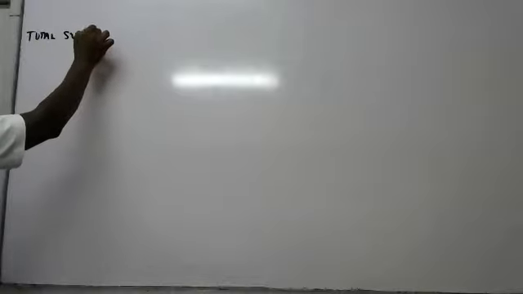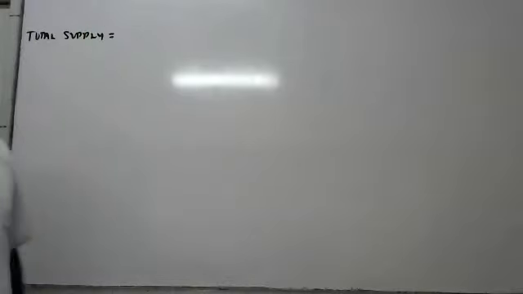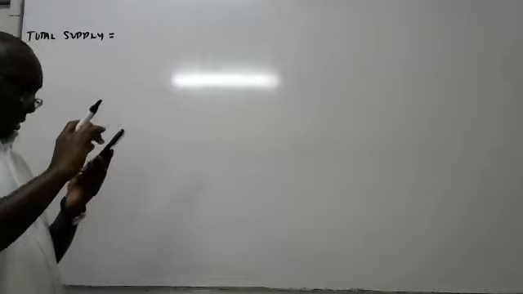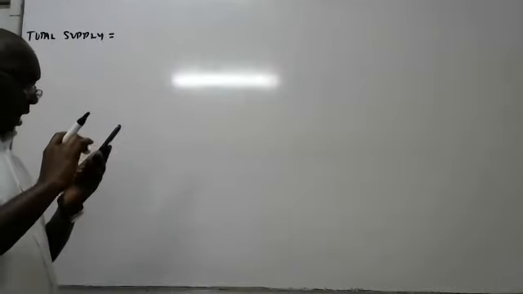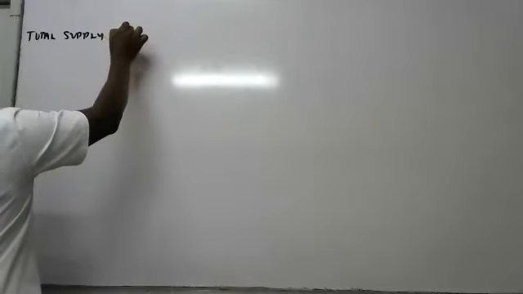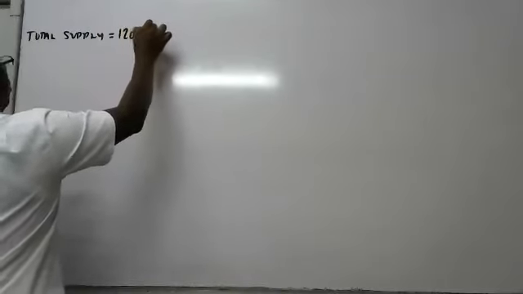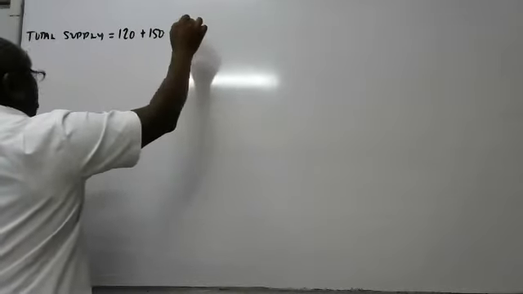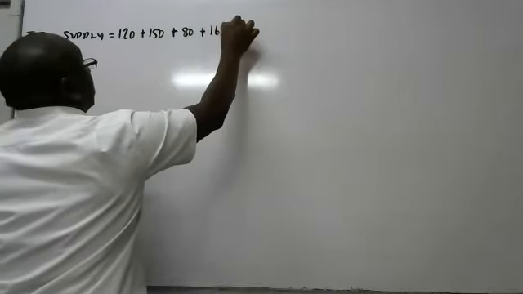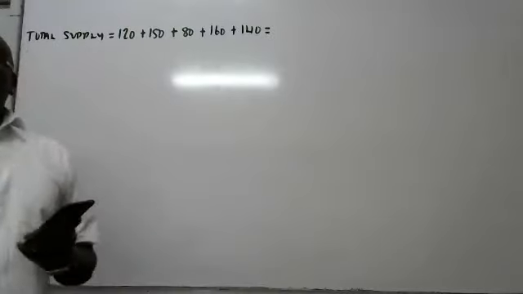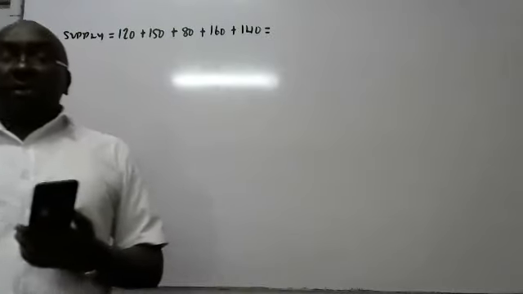Now, total supply, we will go to where we have those mines. And you can see it is 120 plus 150 plus 80 plus 160 plus 140. The total supply there is